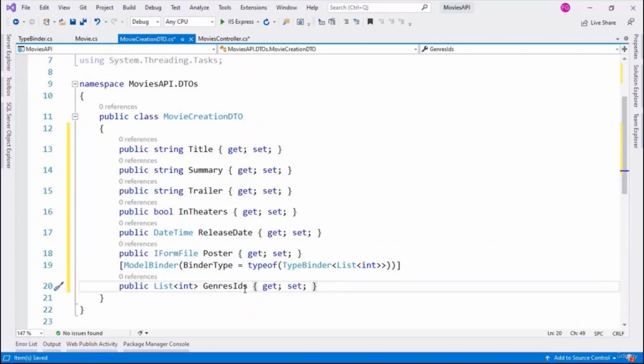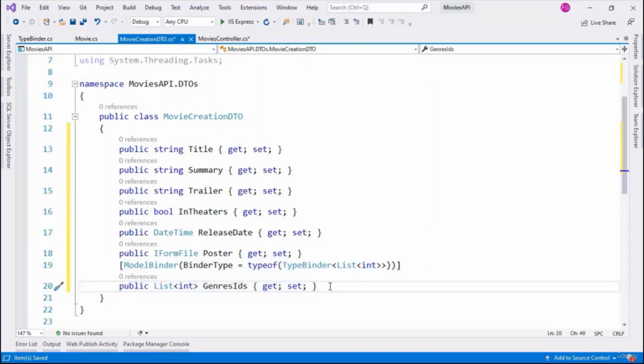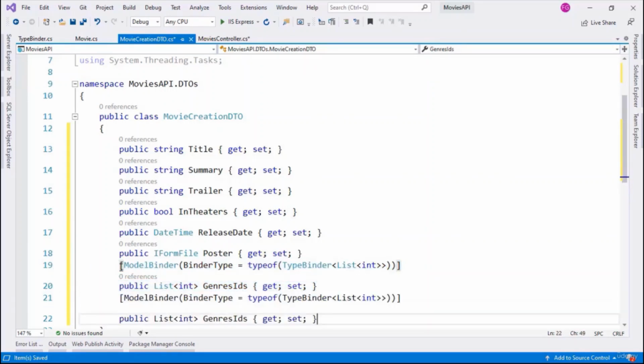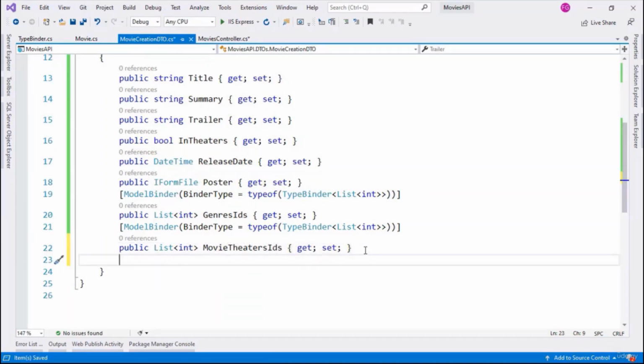And that's it. If I send here, for example, an array of integers, that is going to be fine. But if I send something like an array of actors, then this will throw an error because that is not a valid data type. Now I will do exactly the same for movie theaters IDs. So I'll say here movie theaters IDs, and it is going to be exactly the same,